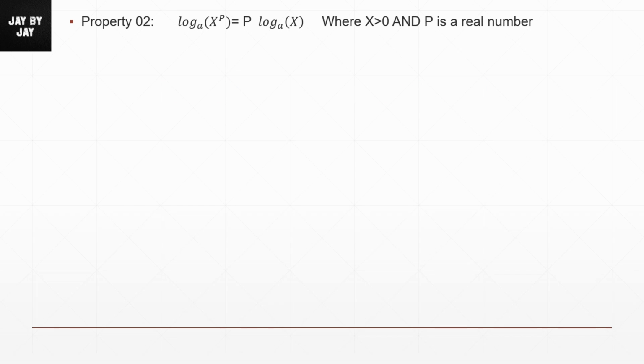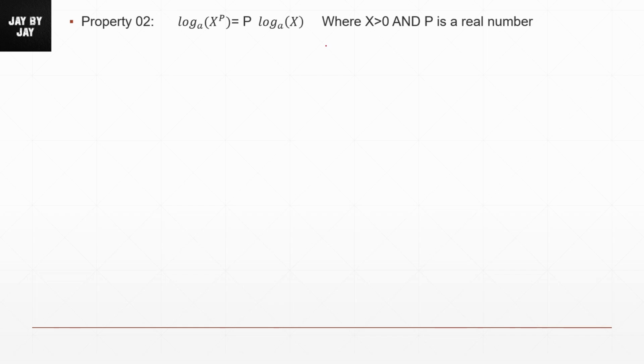In this lesson, I am going to explain the power of a logarithm function, how we can apply this logarithm power concept. It's property number 2. As you can see here, log base a of x to the p equals p times logarithm base a of x. You can see here this p component, you can take it out. This is property number 2. This is the rule that I am going to explain within this session.